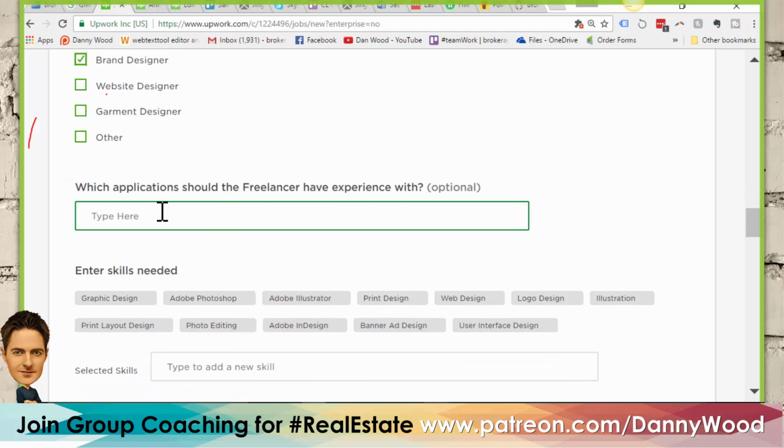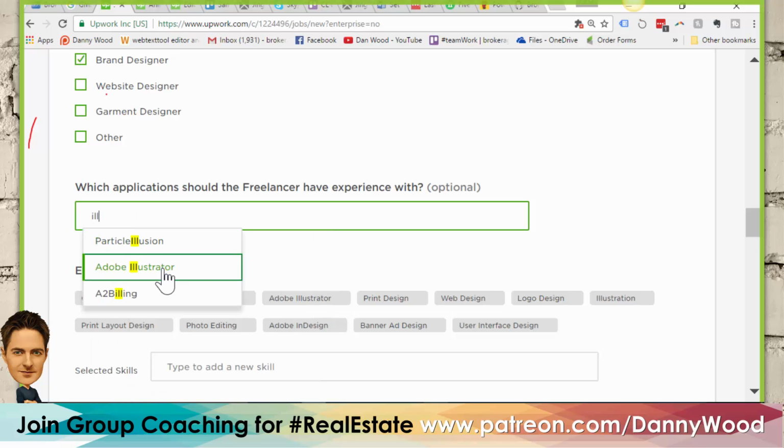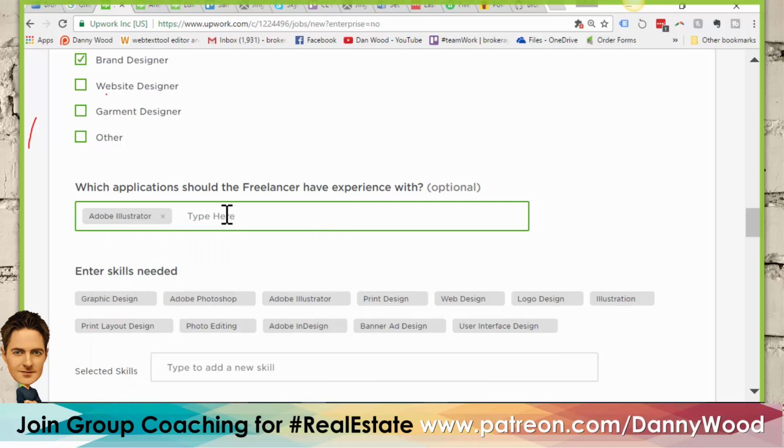What applications should they be good with? So to you personally, it probably doesn't matter. But for me, I would want them saving the file in something that I can edit the file in case there's a minor change that I need to make. So you would search whatever that program is. So for me, it could be Illustrator, Adobe Illustrator,